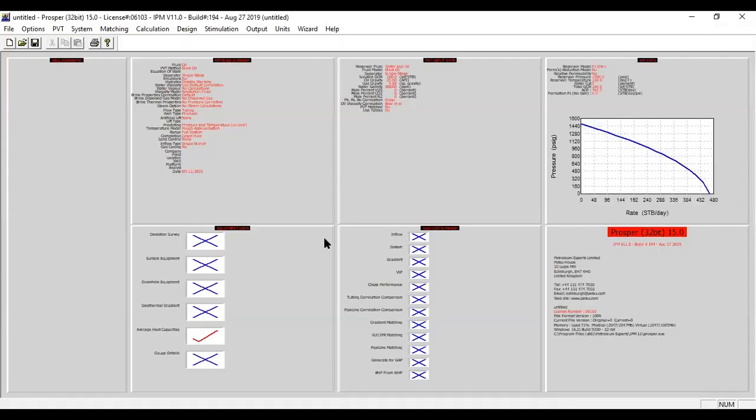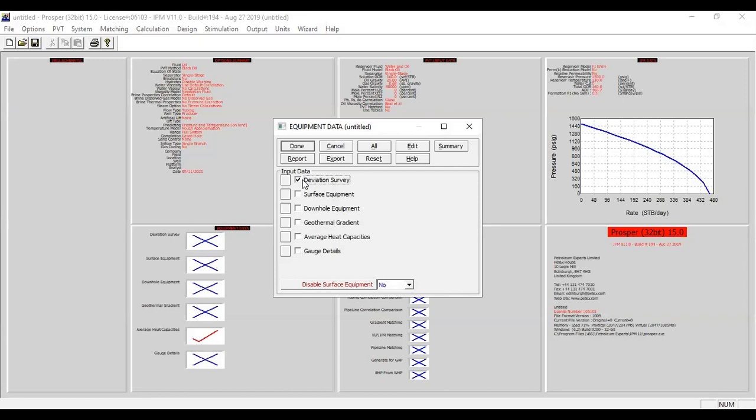Done. Okay, we are not done yet. Now we need to provide the information for our wellbore. We go to the equipment section, double click. I want to edit the deviation survey, downhole equipment, geothermal gradient, and average heat capacities.